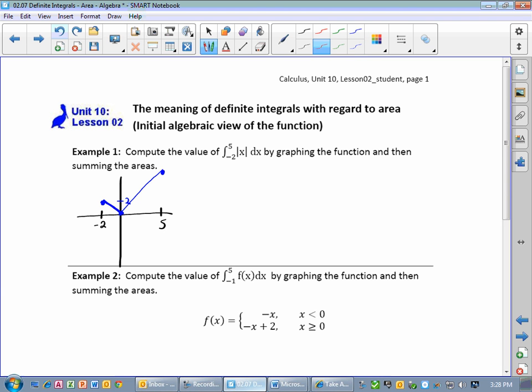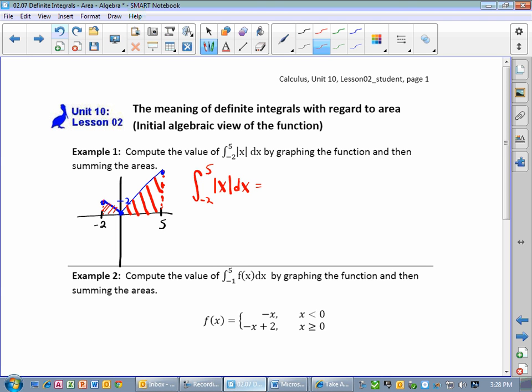We're integrating from -2 to 5, so we're bounded by that line and by that line. What shapes do we have here? We've got 2 triangles. So we're going to find the area of this triangle and the area of this triangle. Since they're both above the x-axis, are we going to do any subtraction? Since they're both positive, we'll just add them together. So the integral from -2 to 5 of the absolute value of x dx